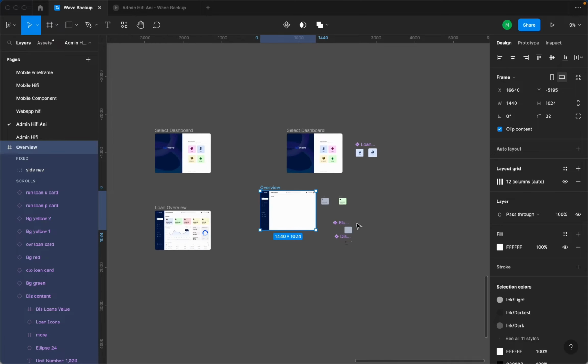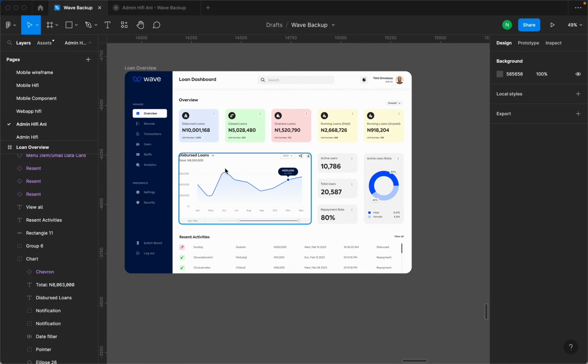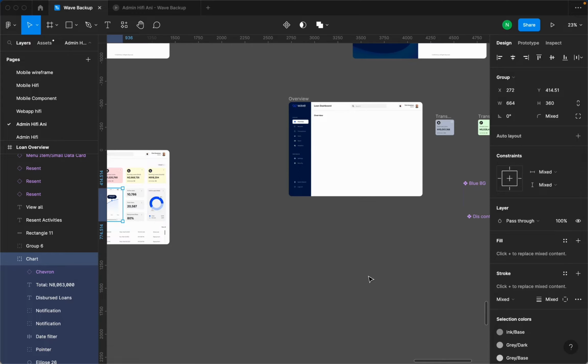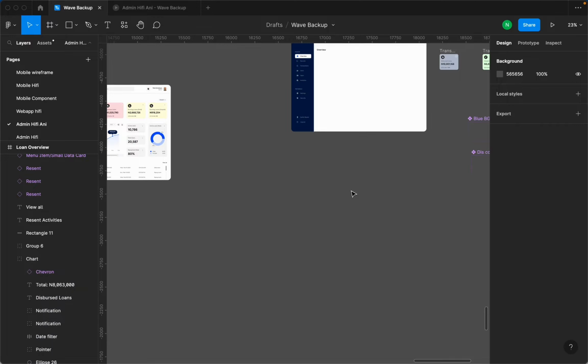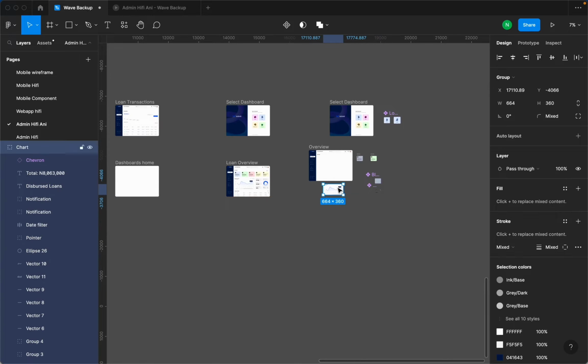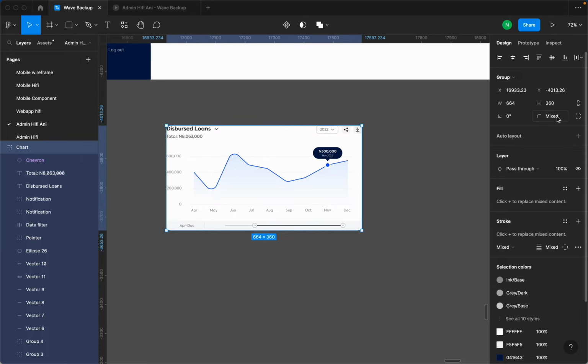The next thing will be to create our graph. That's what is next on the list. So I just copy my graph from this original design and paste it somewhere right here. All right, so first I would probably